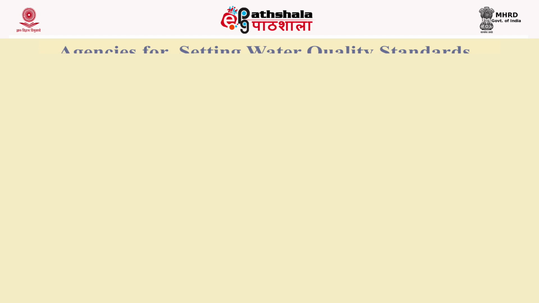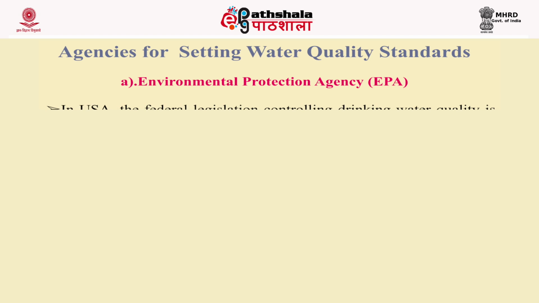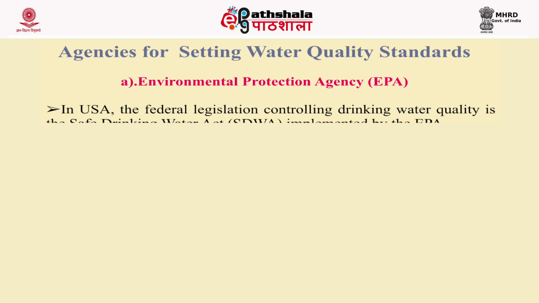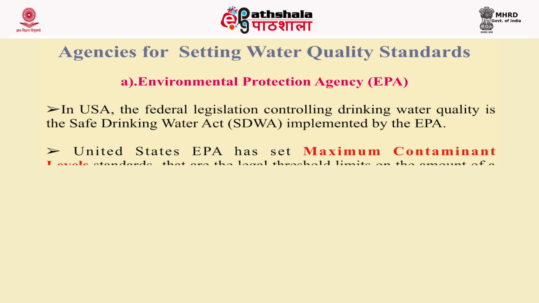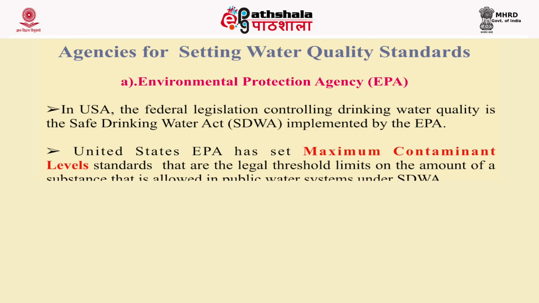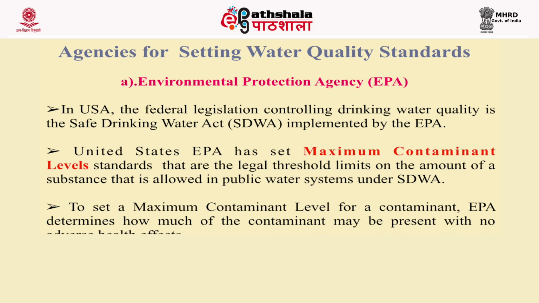Now, the different agencies that work for water quality standards are: number 1, the Environmental Protection Agency (EPA). In the USA, the federal legislation controlling drinking water quality is the Safe Drinking Water Act, implemented by the EPA. The United States EPA has set maximum contaminant levels that are legal threshold limits on the amount of a substance that is allowed in public water systems under